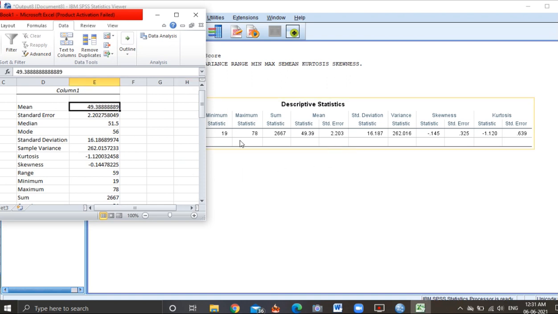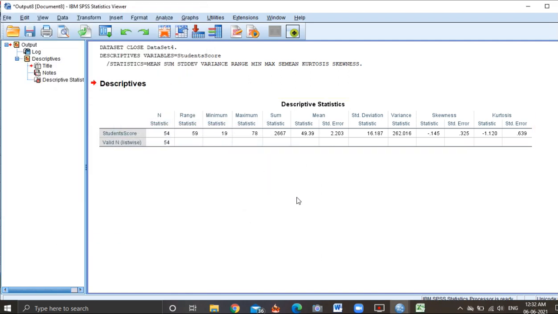Standard error is 2.2, and here also it is 2.2. The standard deviation is 16.18, so it's also the same. Here you can see the sample variance is 262, and here also 262. Skewness and kurtosis you can check; these are also the same.